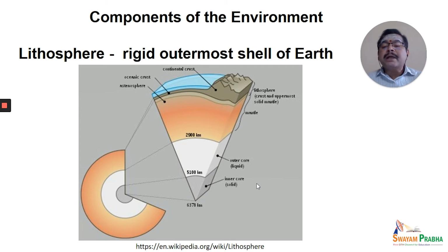Now, if you just look at its anatomy, a cross section of the earth, you could find three main zones. One is crust, second is mantle, third is core. The crust ranges from the top somewhere about 0 to 100 kilometer from the surface of the earth to the deep. To an extent, we can even have a bore well. The next layer is the mantle. The mantle is further divided into, you can see the picture, the upper mantle and the lower mantle.